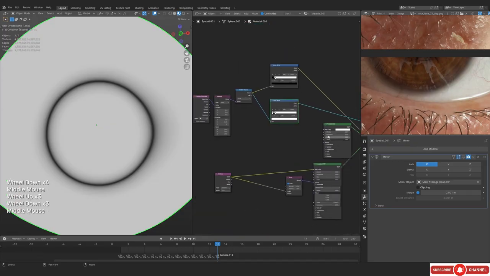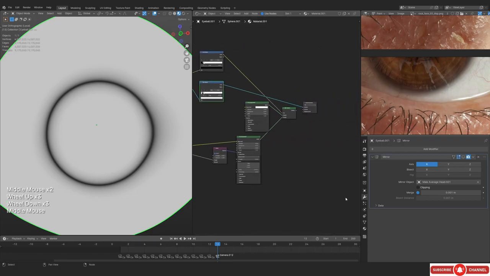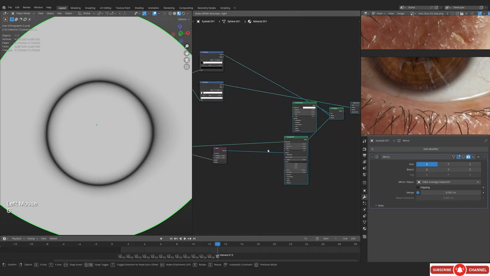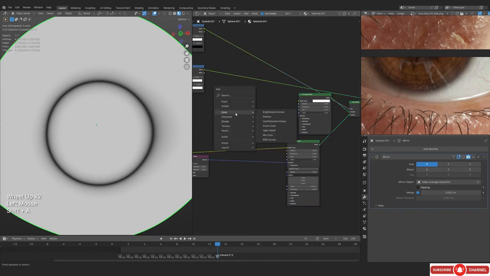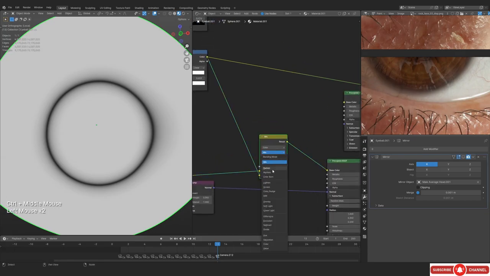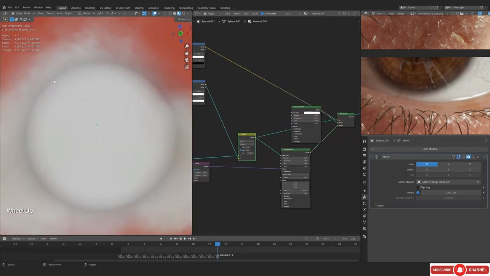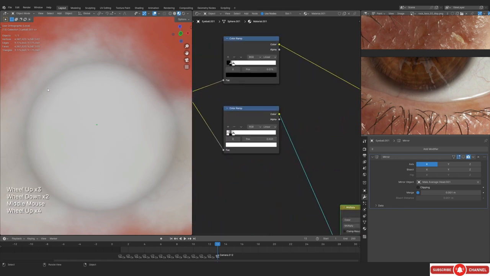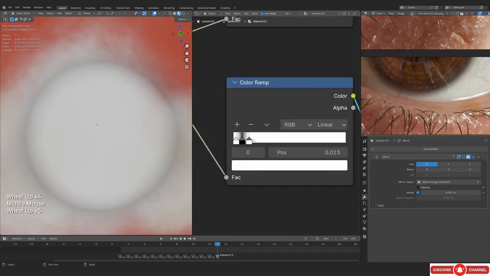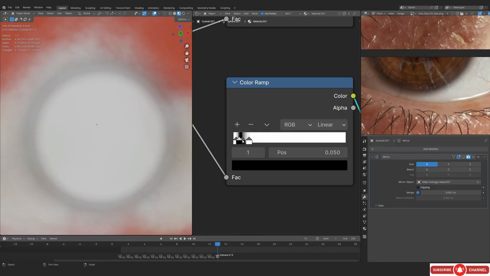I really hope that I don't need to explain what I've just done. So I've duplicated the color ramp and then I've added a flag and put that flag onto the left part and then made that white. I don't know if I even need to explain that. Now we're just going to multiply it so that we can get the black part of the color only. And you can see that we are getting this ring on the edge, and you can adjust your color ramp nodes. For example, you can add another one, make it a little bit darker, and your ring would get a little bit broader.